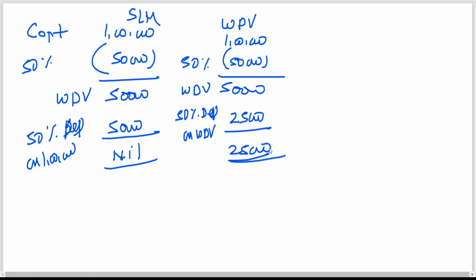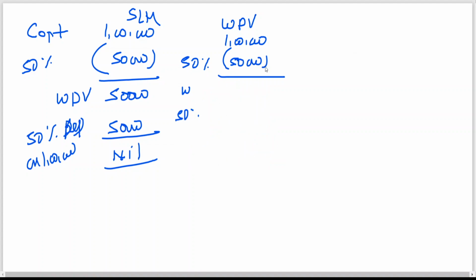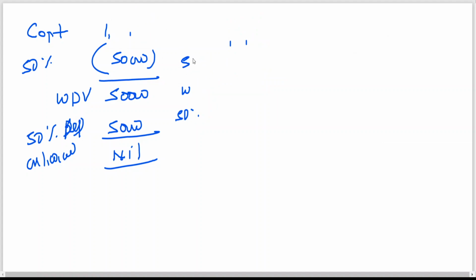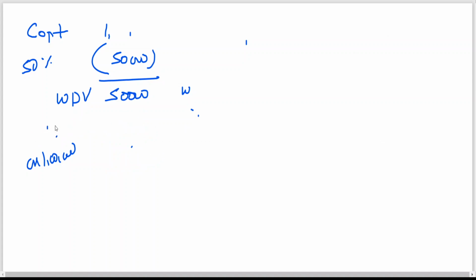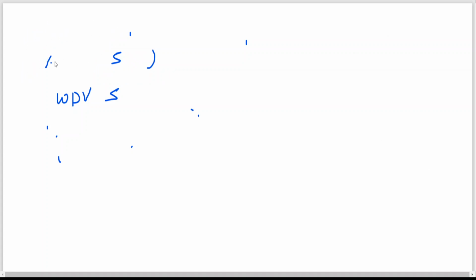This is what I am saying. Asset will never become 0 under which method? Written down value. Asset will become 0 under which method? Straight line method. Clear to all of you? Come on, I am repeating once again. Under which method will the asset never become 0? Your answer is written down value method, or it is also called reducing balance method, or it is also called diminishing balance method.